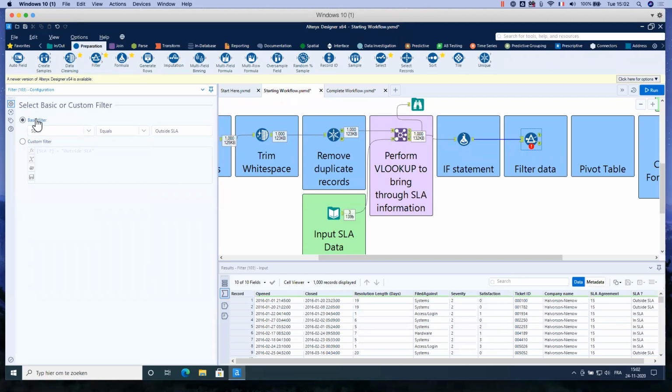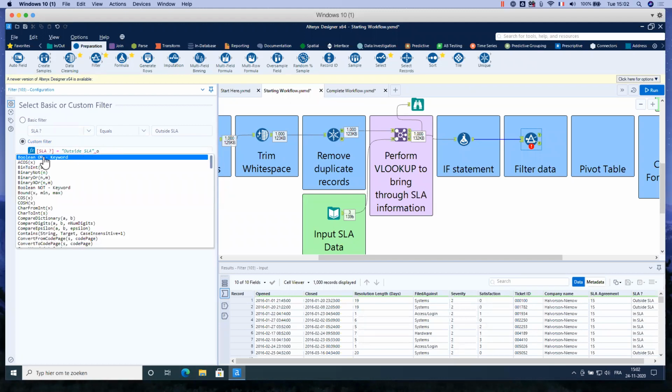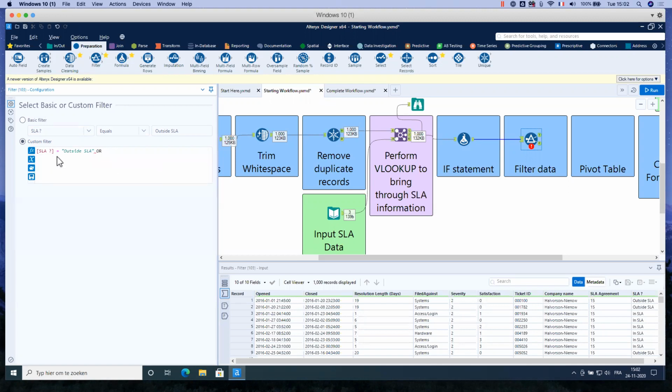Here we selected the basic filter, but if you want to filter on more components of your column, you can hit custom filter and then add, for example, a Boolean keyword like or, and then add more words, so your filter is more elaborate. But here we will keep it simple.